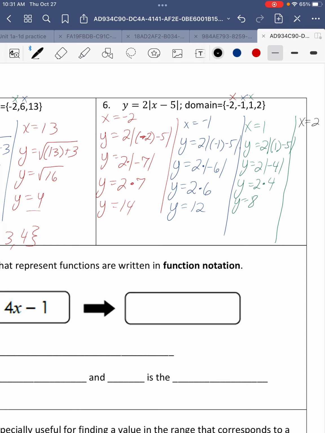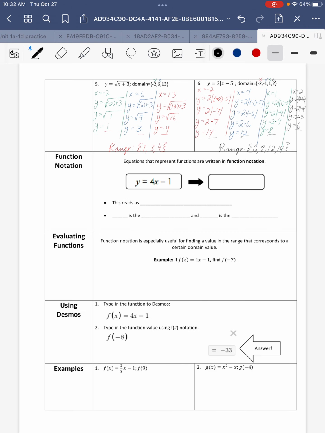And lastly, x is going to equal 2. So we have y equals 2 times the absolute value of 2 minus 5. 2 minus 5 is negative 3. Absolute value of negative 3 is 3. 2 times 3 is 6. So our range is 6, 8, 12, 14. And that will be good enough, and I'll make another video for